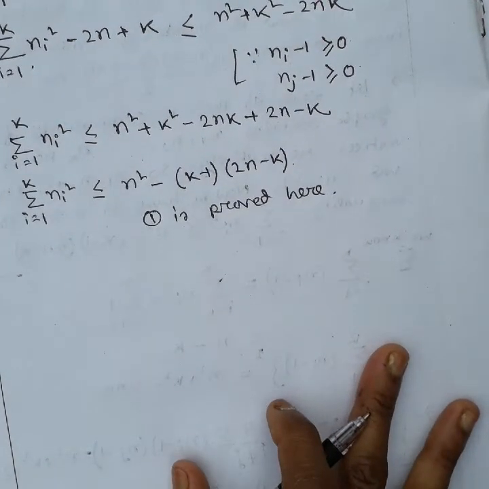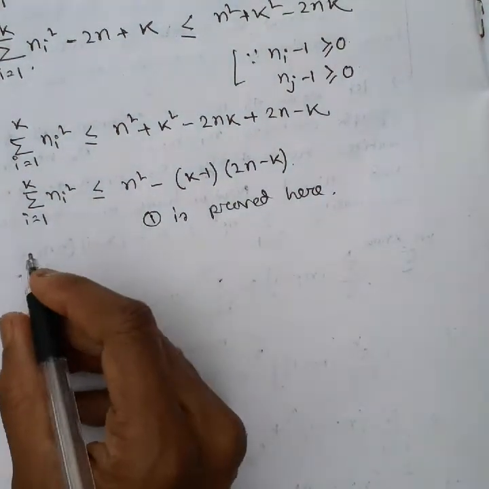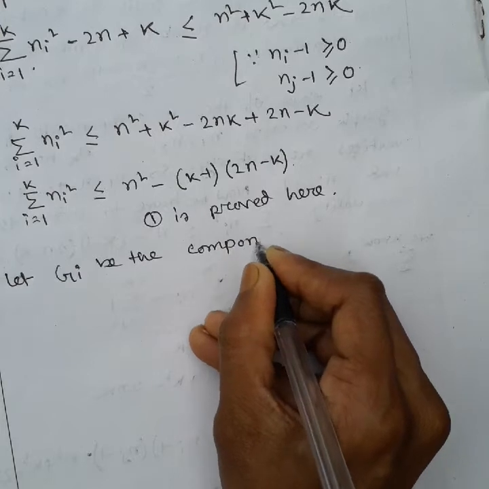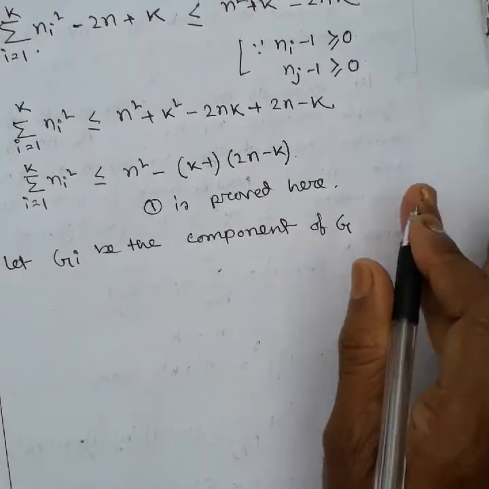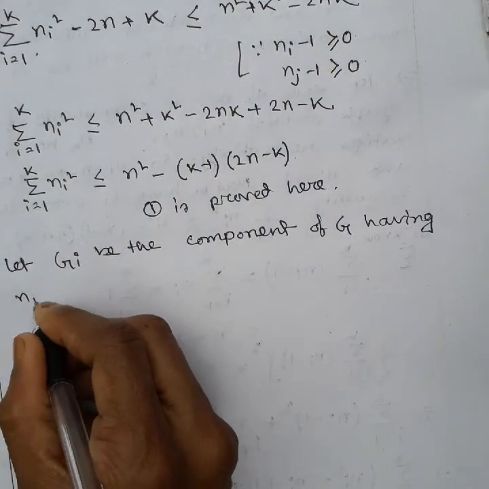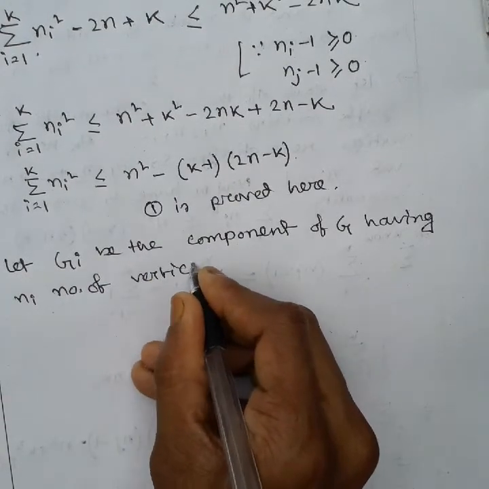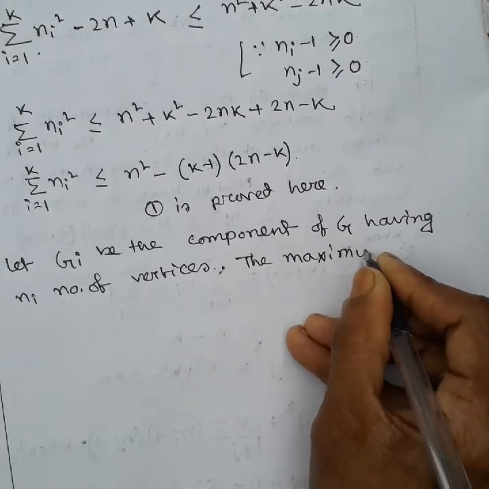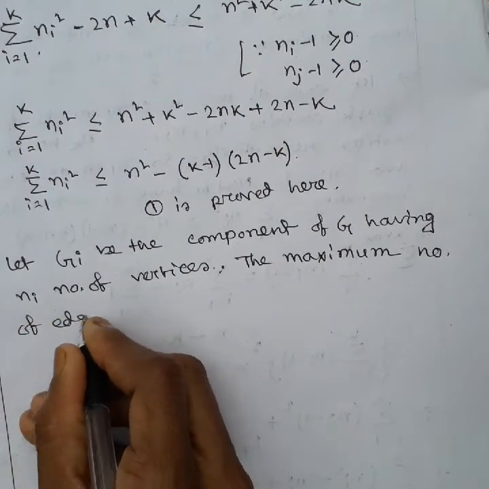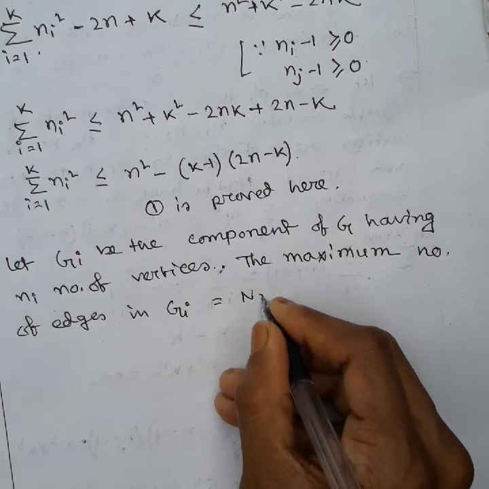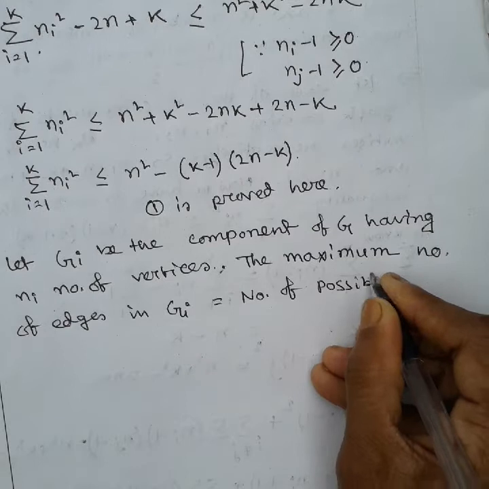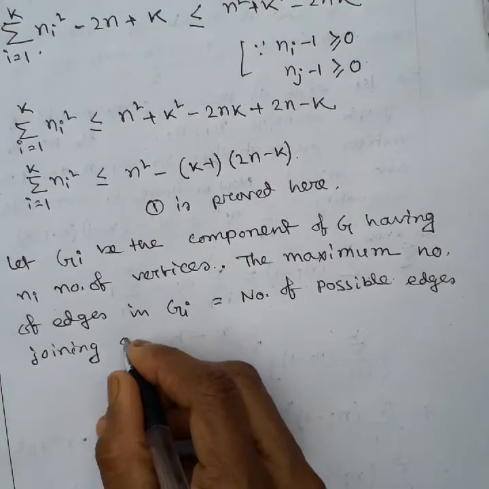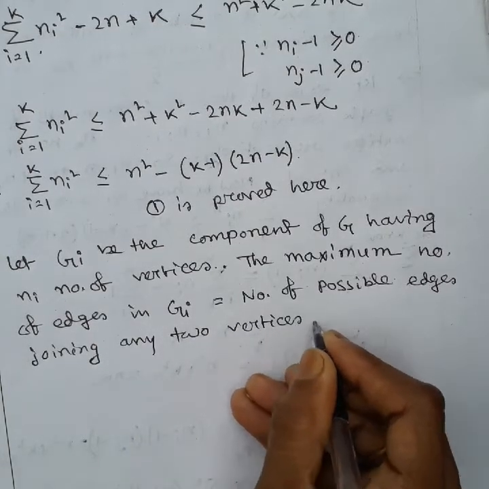Okay, now we prove here the inequality. If we let Gi be the component of G having ni number of vertices, then the maximum number of edges in Gi is equal to the number of possible edges joining any two vertices. Okay, that means